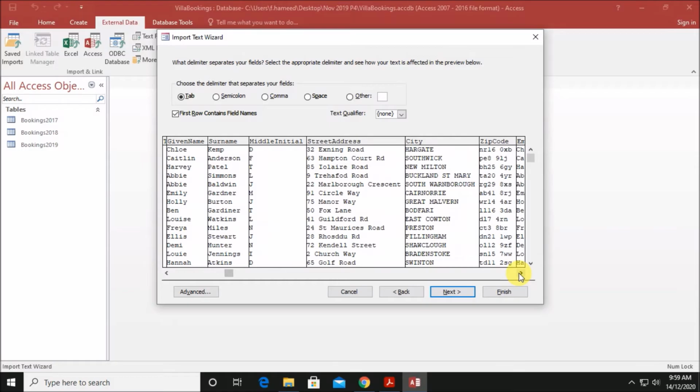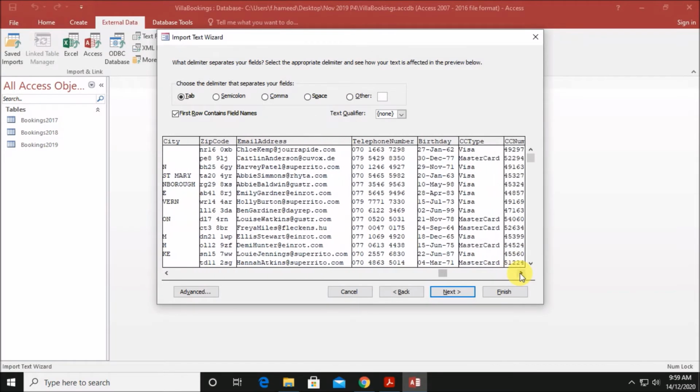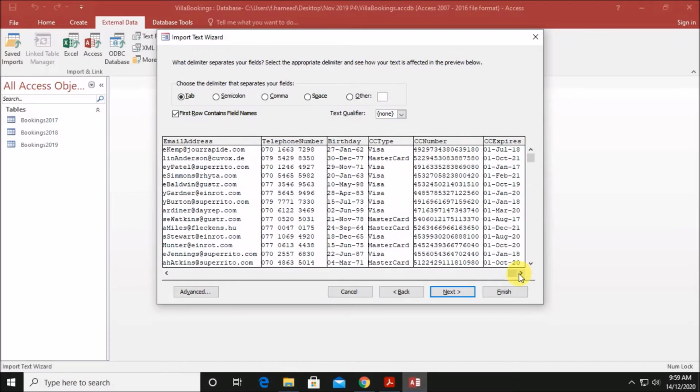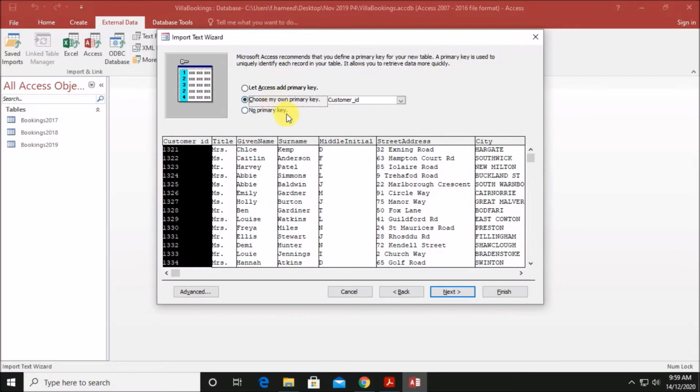And when you go through the data, you can see all of the data are text except birthday and CC expires, which must be date format. All others will be text. Next. Choose primary key. Customer ID will be the primary key.